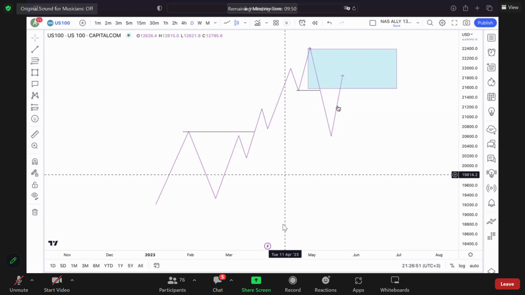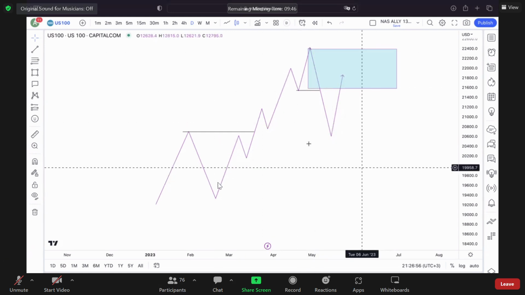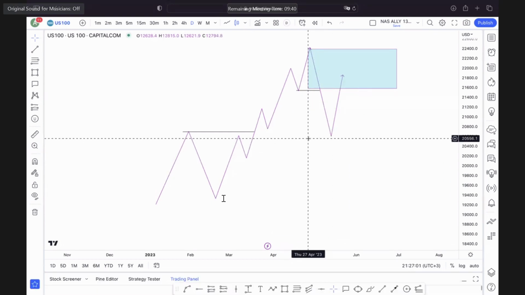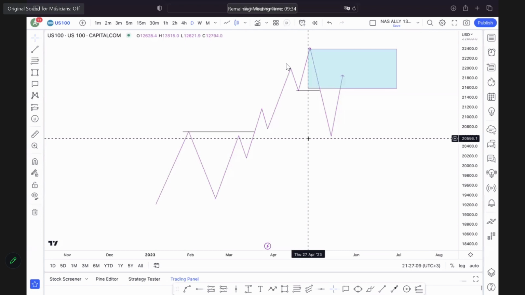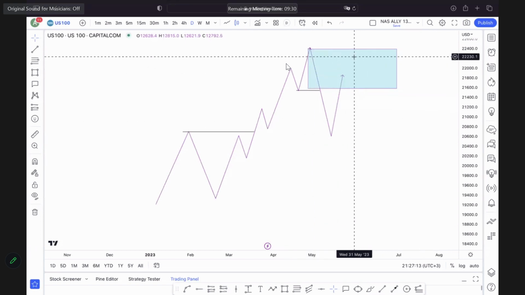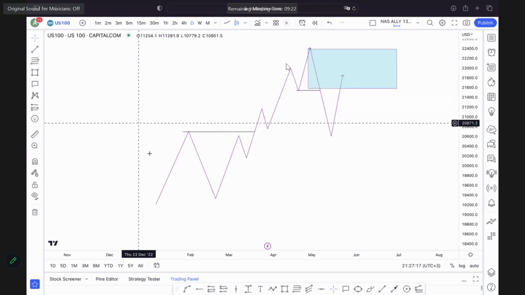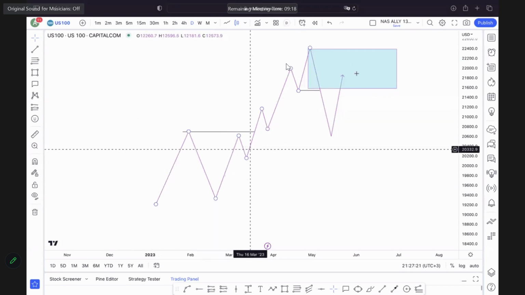Okay, so this is what you now need to start understanding, because the more that you train your eye and the more that you remember, guys, when you approach the market, you must approach it with logic. You must approach it with the mindset of logic. Does it make sense for me to now sell here when the market is bullish overall? Because what's going to happen here is inducement.